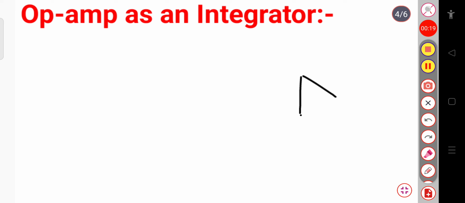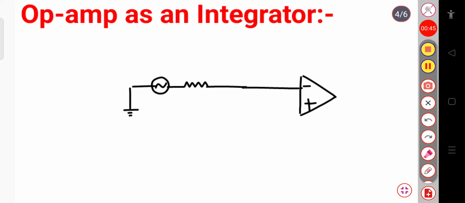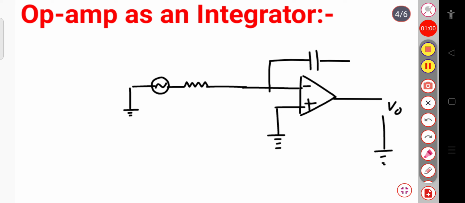So this is the op-amp having one inverting and another one is a non-inverting. Non-inverting is a plus terminal, and here in this inverting terminal I will connect a resistor. So a resistor is present across the inverting terminal and a signal is applied across this terminal, okay, like this. And also this non-inverting terminal is connected to the ground, and here this is your output terminal. So this is your VO, and here in the feedback circuit, the feedback is your capacitor.